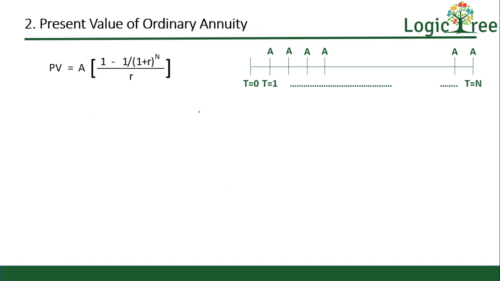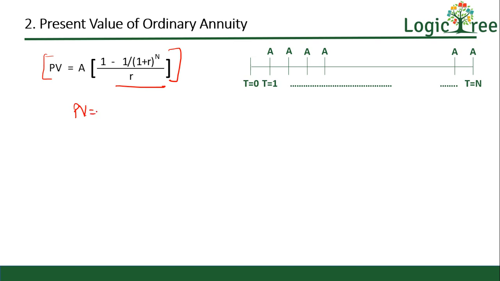Moving further, if we have to find the value of ordinary annuity, that is, we are receiving the money at the end of the period, the present value of a series of equal cash flows is given by this formula. In books you will find this formula, but generally the derivation is not given in any book. So if we have to derive,